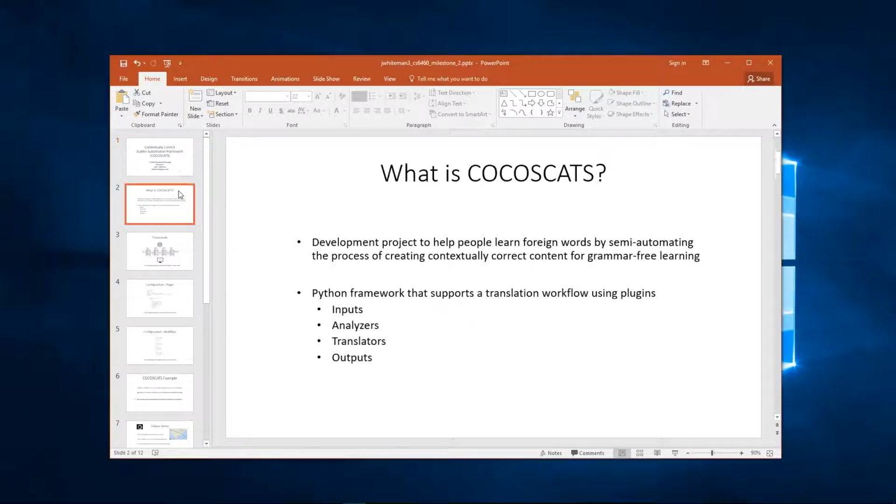So what the heck is that? It's my development project to help people learn foreign vocabulary. What CocoScats attempts to do is automate the process of creating what I call contextually correct content used for grammar-free learning. I'm going to show a demo of this soon, so you'll have a better idea